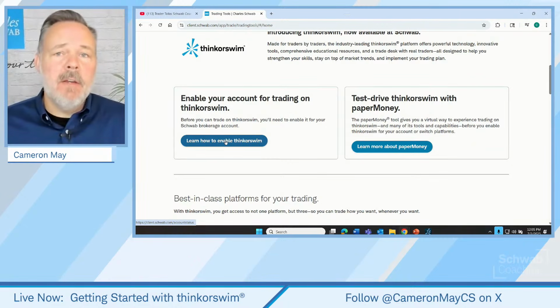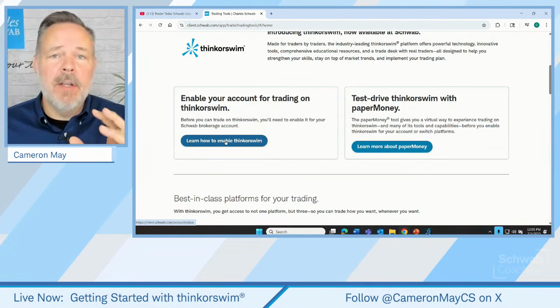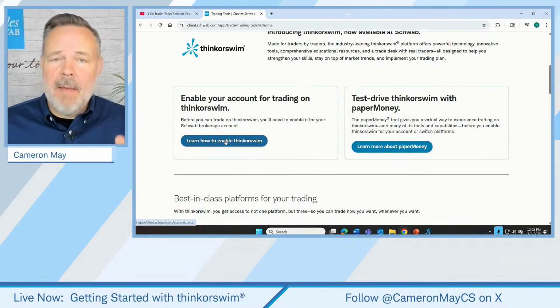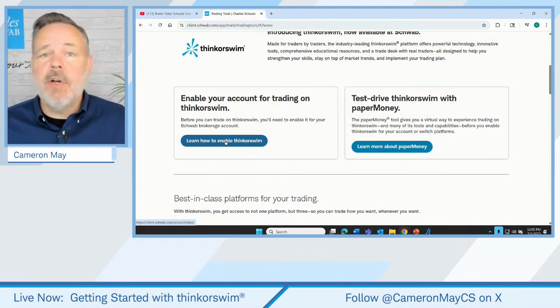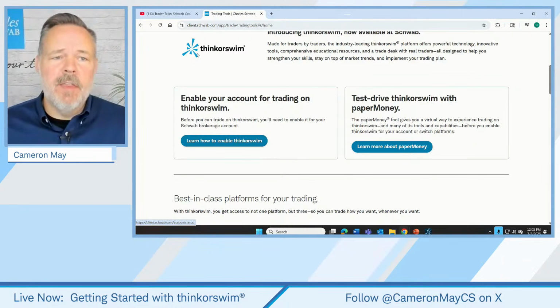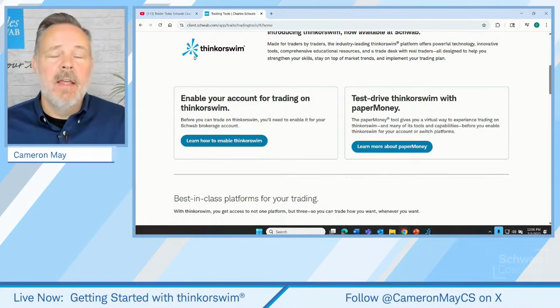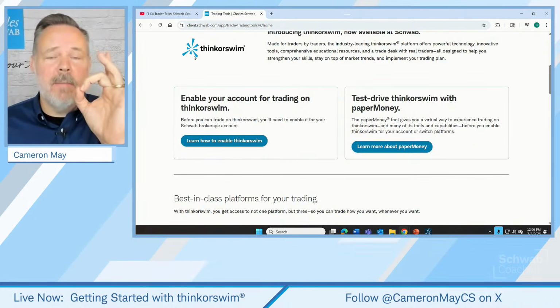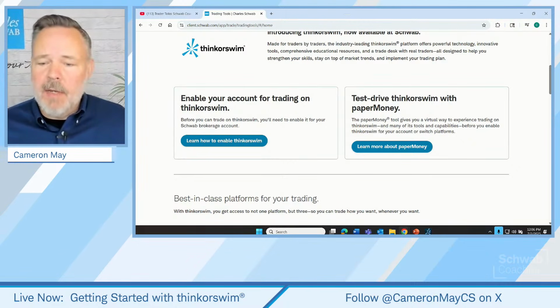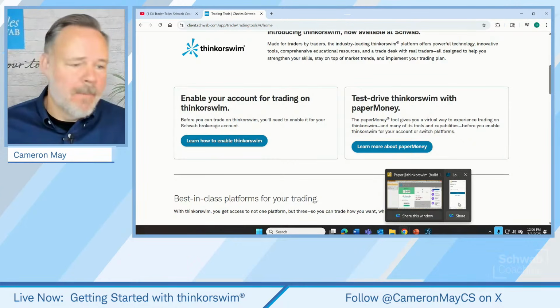Now, once you've downloaded Thinkorswim, it's going to create an icon on your computer's desktop. It'll also position Thinkorswim as one of the apps in your start menu on your computer, however you access that. So just look for Thinkorswim. I think that probably the easiest navigation is to just look for the Thinkorswim splash icon. So it looks like this one where I'm circling just in the upper left of your screen here. There'll be an icon on your computer's desktop that looks like that. You just click on that, and you're going to get a login screen that pops up that looks like this.